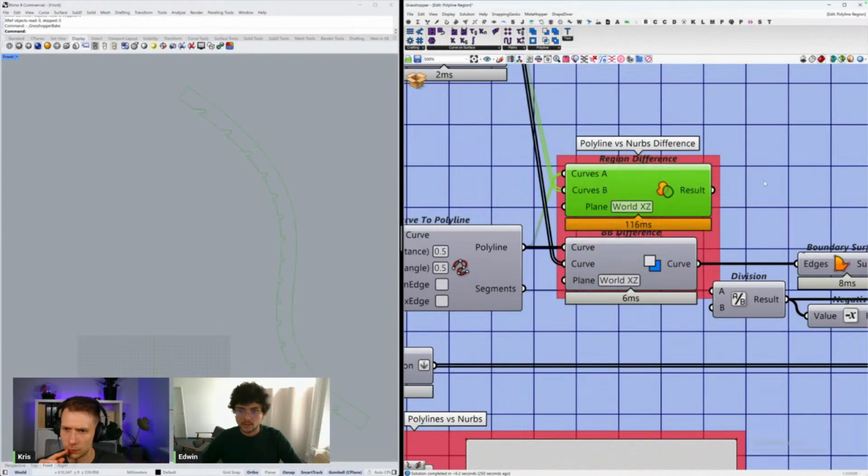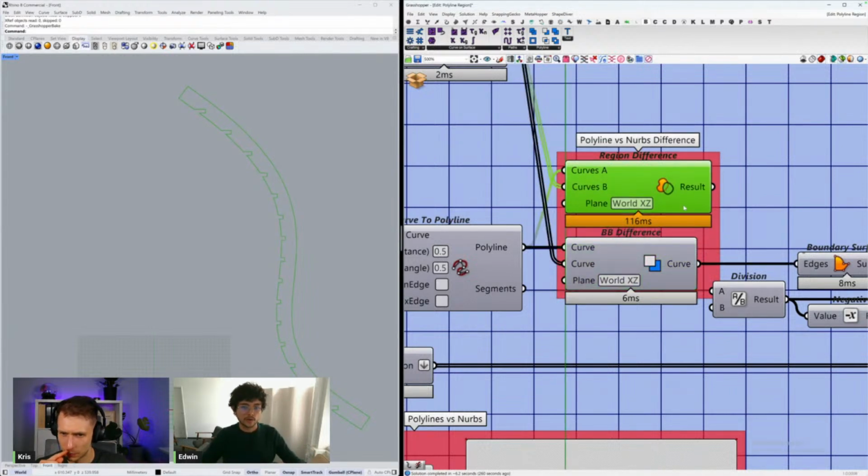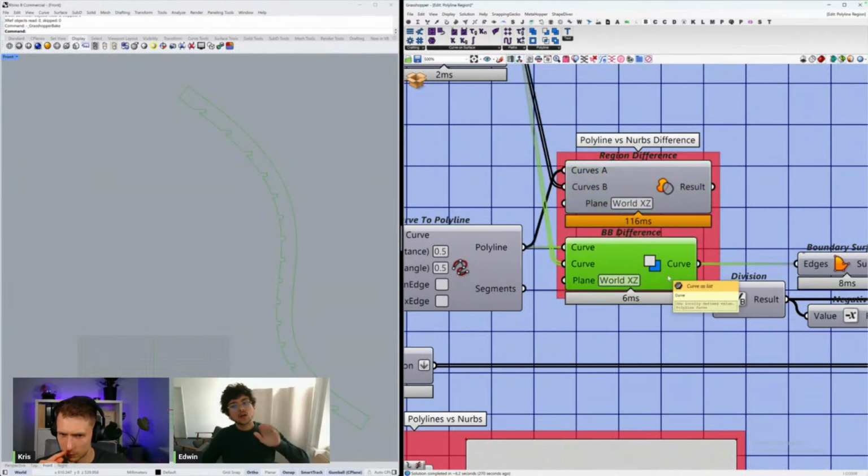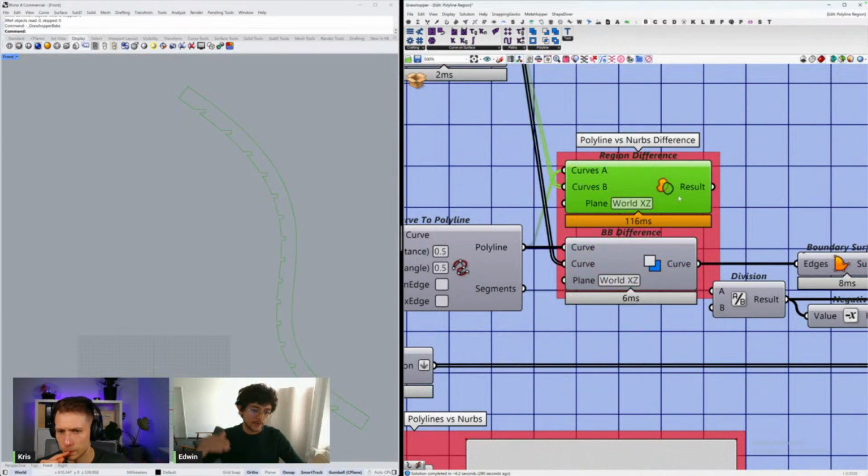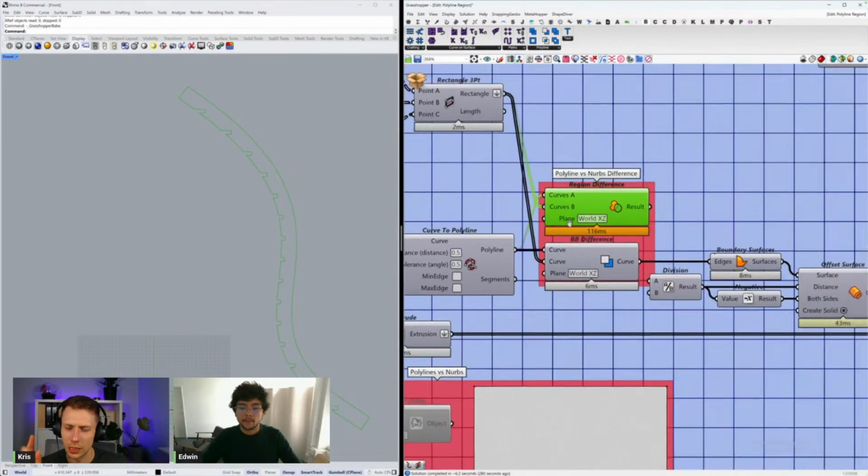So if I enable this, it takes 160 milliseconds, and with polylines it says 6 milliseconds. Again, it depends on whether you need that precision or not. For example, here, because this is laser cut, I will just use this for display purposes, or while the user is checking how they want their lamp to look. But for manufacturing purposes, I do need a smooth curve, because otherwise the laser is not going to create a smooth cut.